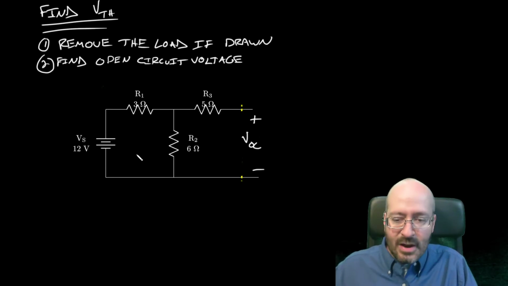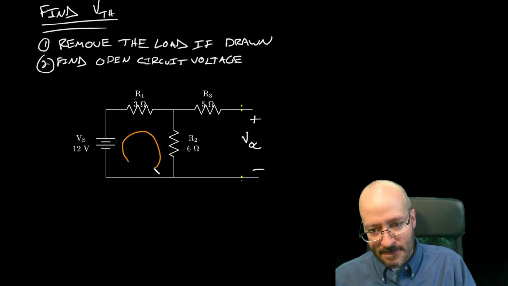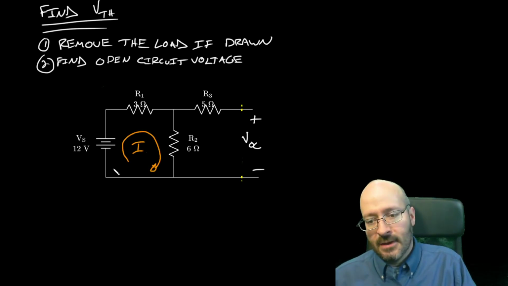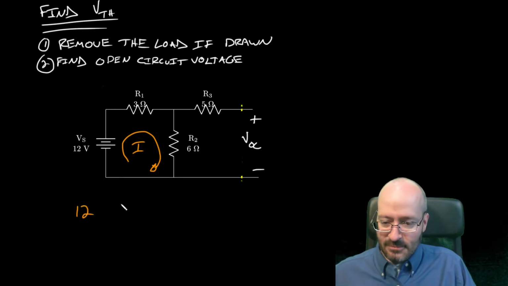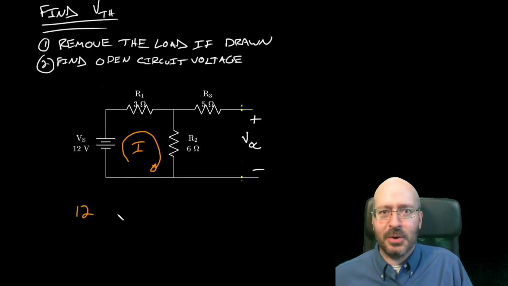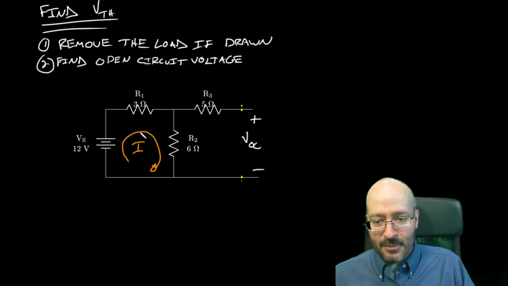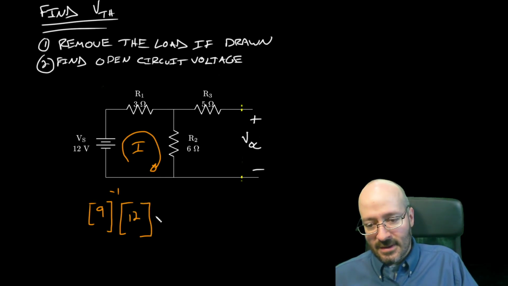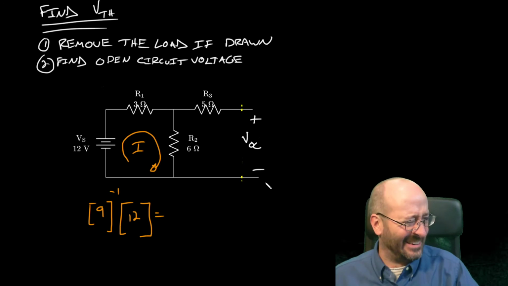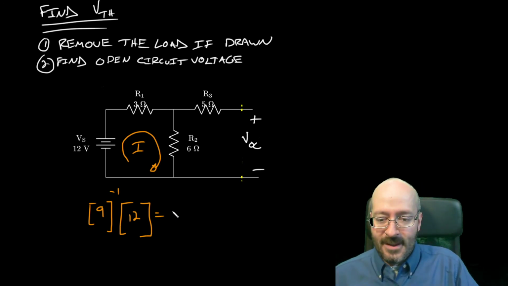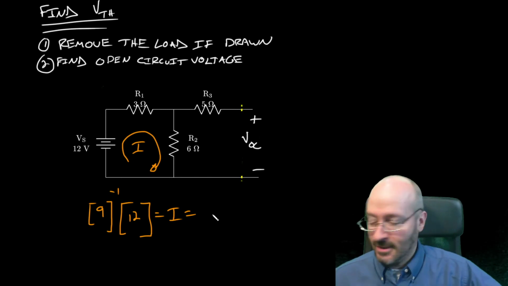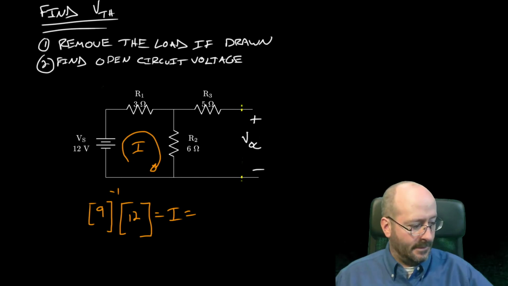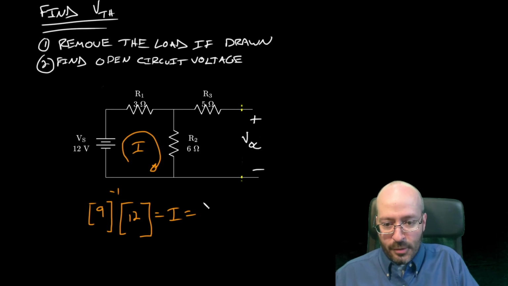Okay, so I've got one mesh, right? Let's call that I. I'm going to go up 12. Let's do the shortcut. What does I touch? It touches a total of 9 ohms. We're going to invert that and multiply it by the right-hand side, which is 12. And what are we going to get out of that? We're going to get some goofy fraction, and that's going to be equal to I. Okay, so that's going to be 4/3,